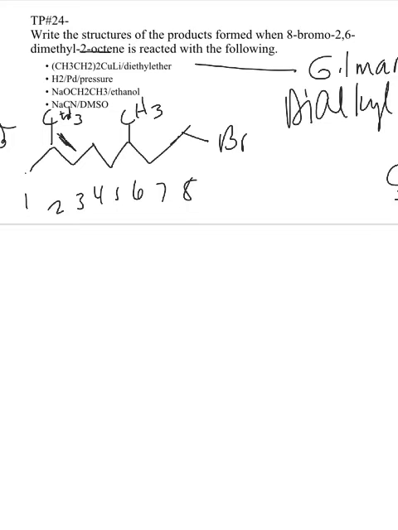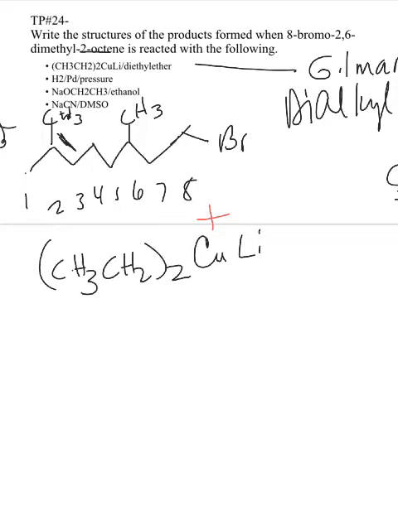So let's draw that. It's basically a CH3CH2, copper, lithium. If you remember, the copper is positive. This makes a negative carbon. It's going to go after the delta positive carbon. And this is an SN2